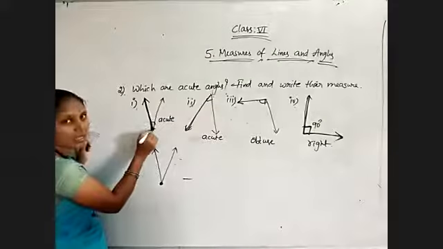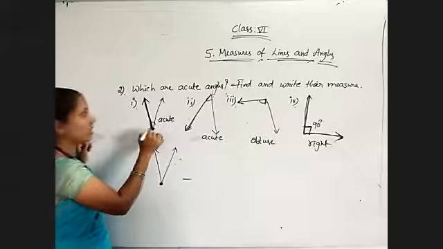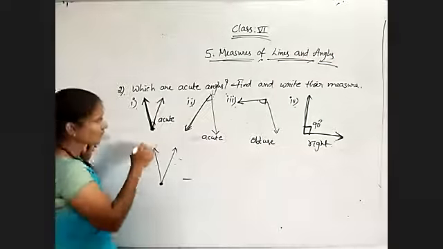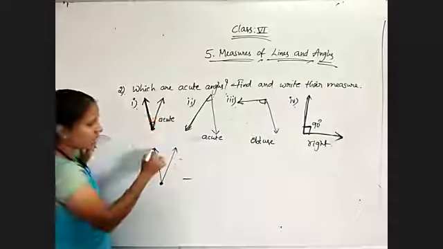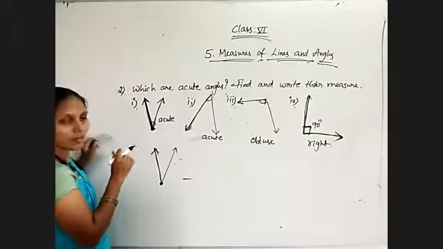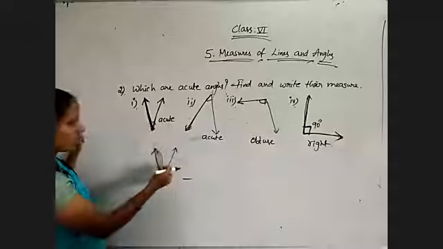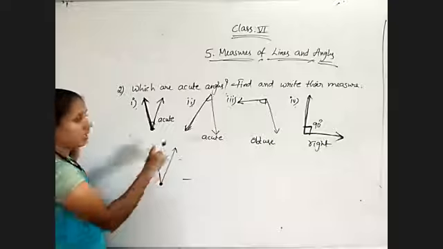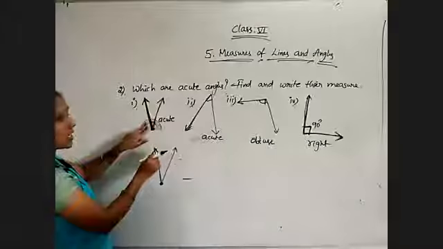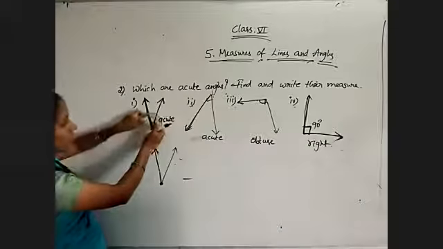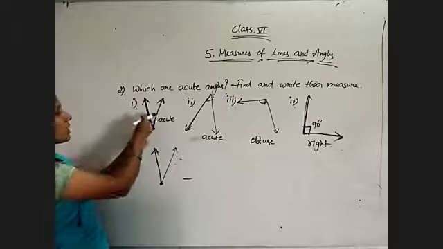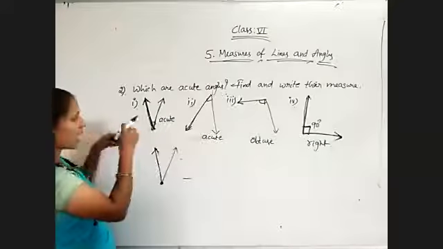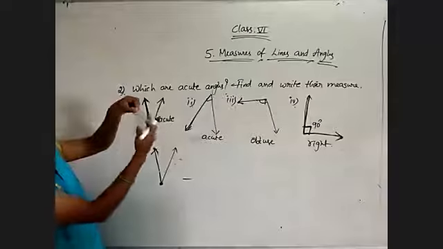So here the vertex is forming here. Now what are the arms of that angle? On this side we have one arm, and on the other side we also have an arm. Select any one of the arms. I am using this arm now. So I need to set the protractor on this side. Like this I can't set it. Like this I must set it. Why am I not setting it like this? Just observe, the other arm is lying on this side, the right side. So I am keeping the protractor turned to the right side only.